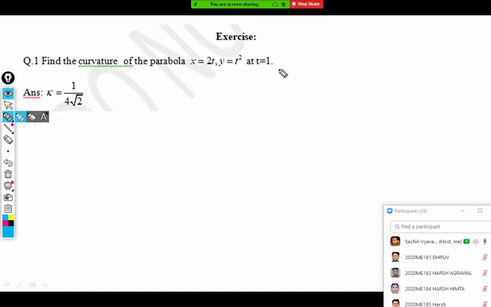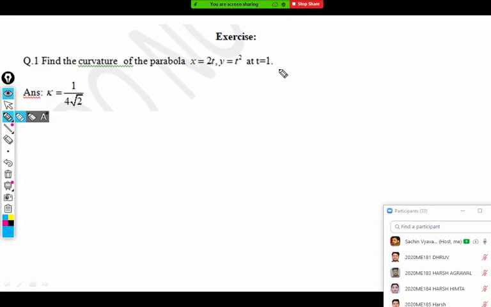So questions for circle, parabola, straight line will never come in the exam for torsion. Straight line obviously will not come for either torsion or curvature, because curvature and torsion are both 0 for a straight line. So that question will never come in the exam. It is one line there. But as it is a parabola, only curvature exists here.